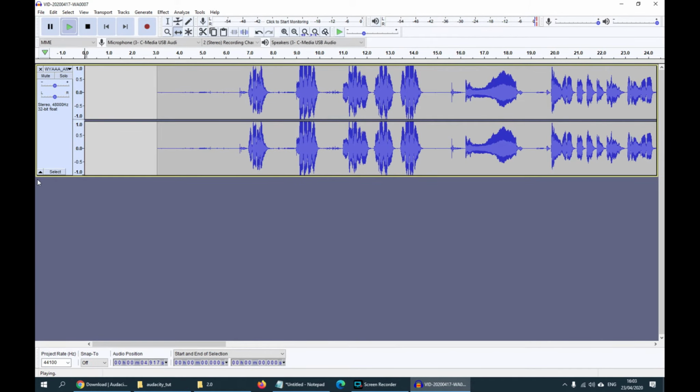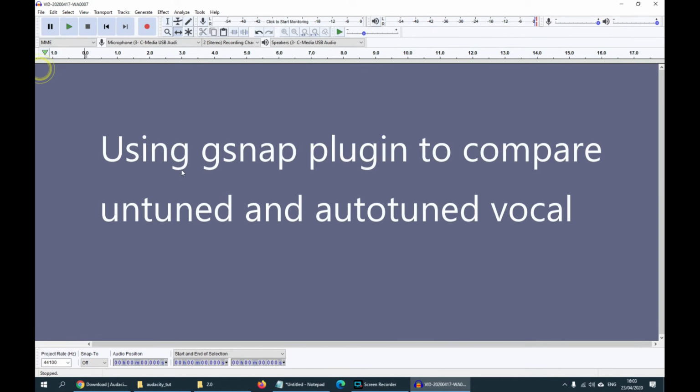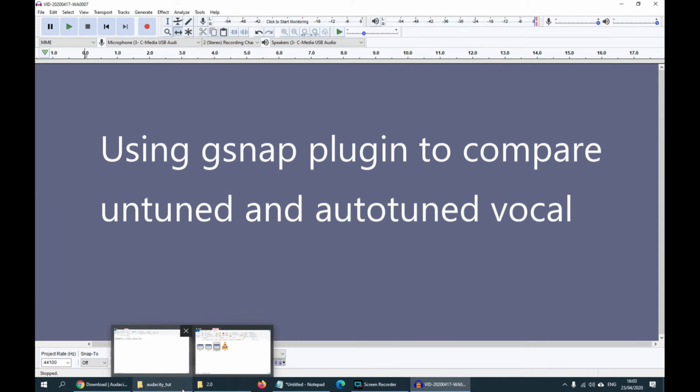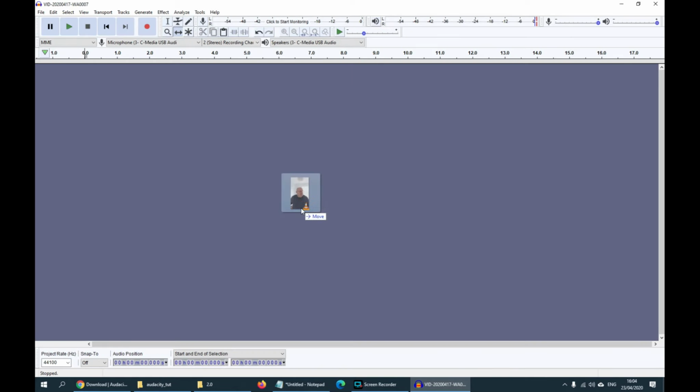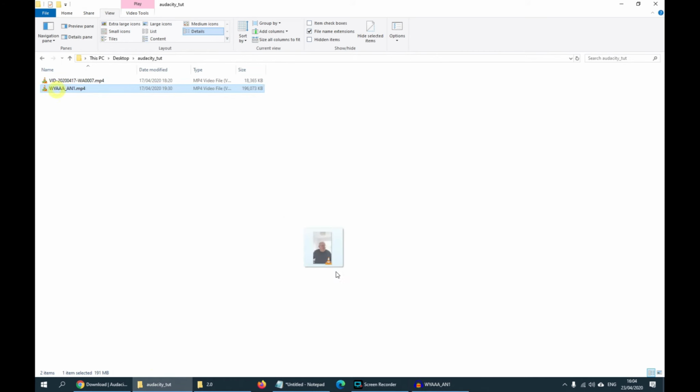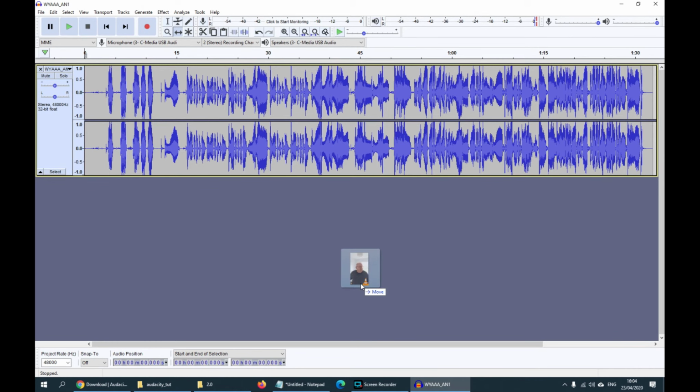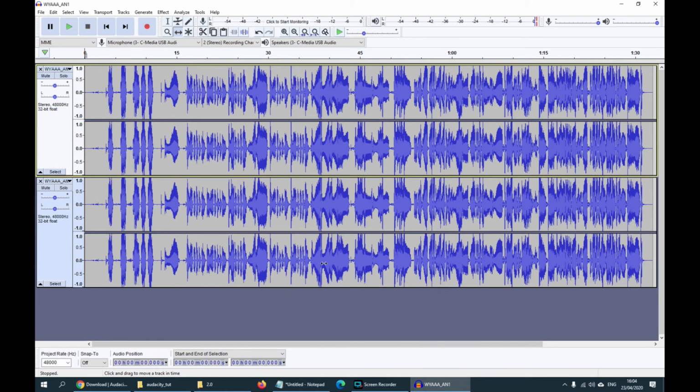Now just get rid of those, and the next thing we can do is another little trick you can try. I'm going to get two copies this time of my singing in. There's the first one, and then another one exactly the same. So obviously these will be perfectly aligned. And what we're going to do is, again, got my cursor tool, I'm going to double click all this,